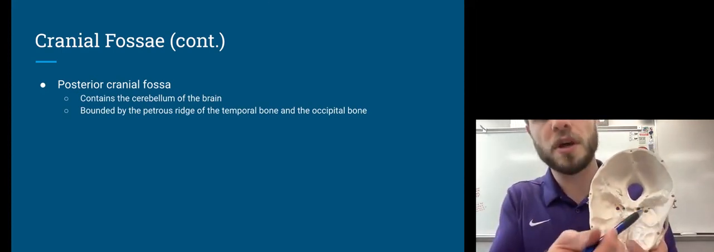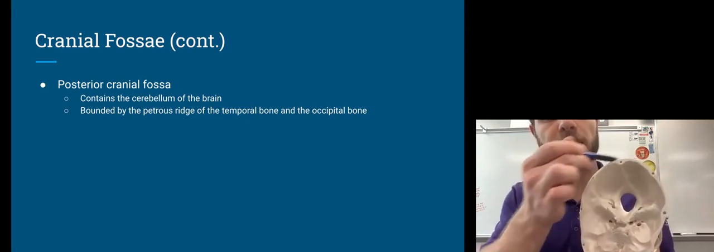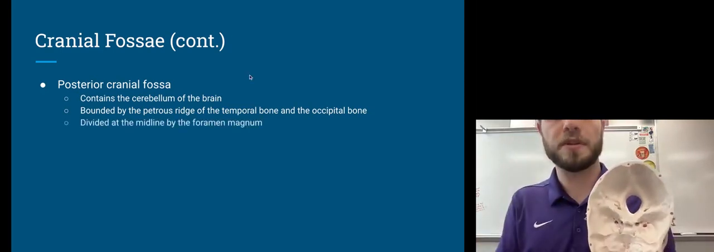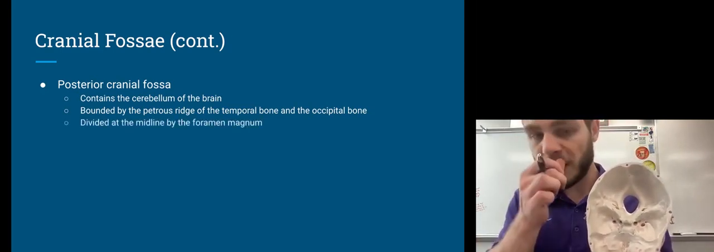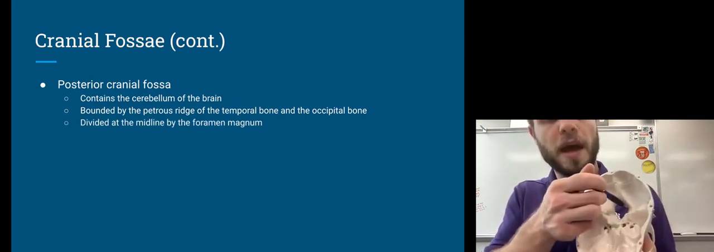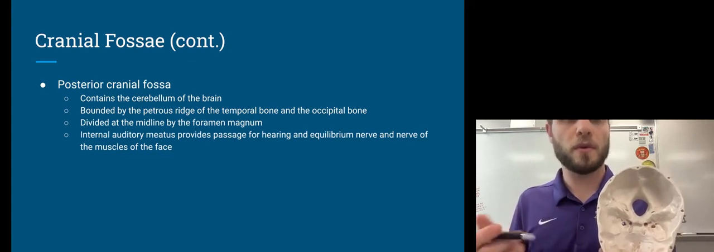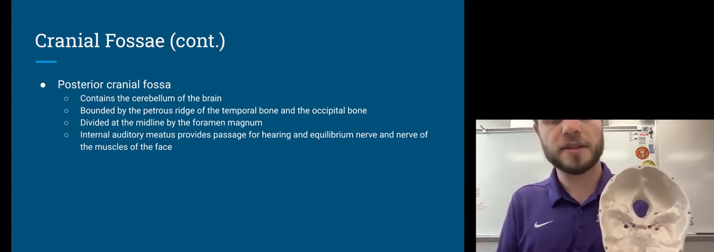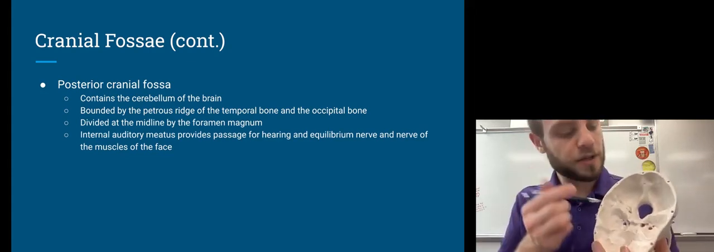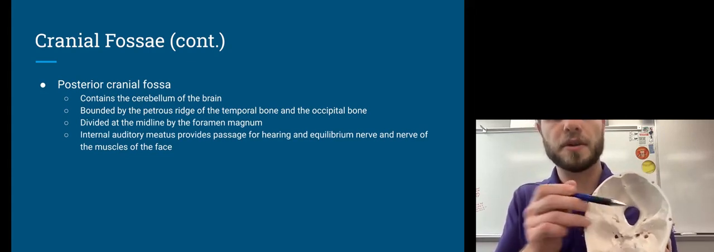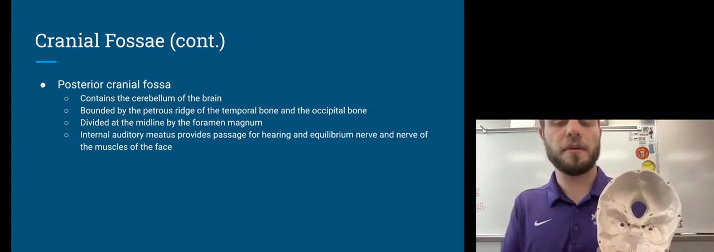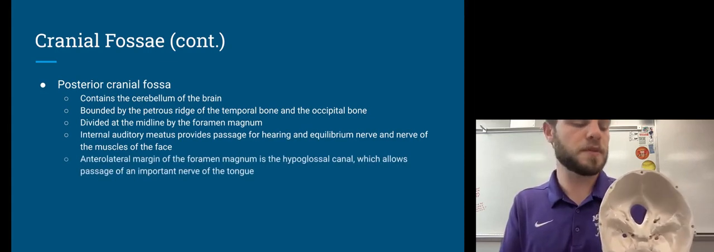You have the petrous ridge of the temporal bone, and then the occipital bone on the posterior side there. At the midline, you have the foramen magnum, which is just a big hole. That's where the spinal cord is actually going to exit the skull. Your internal auditory meatus in here is going to provide passage for hearing, equilibrium nerves, nerves to the muscle of